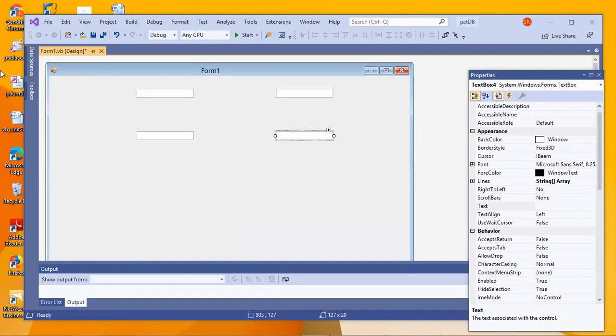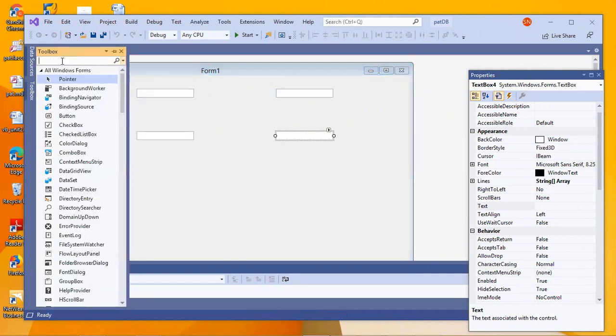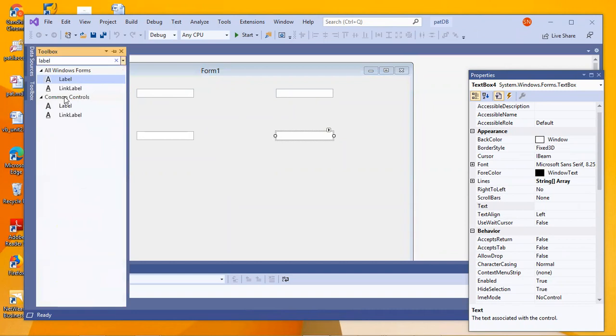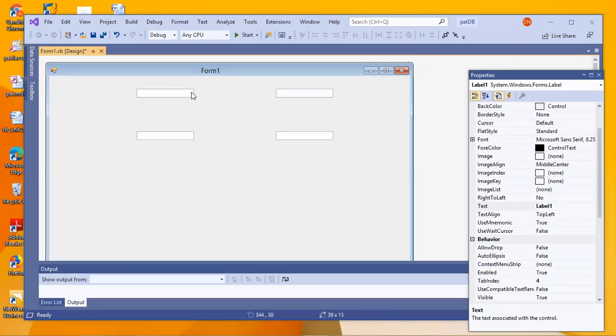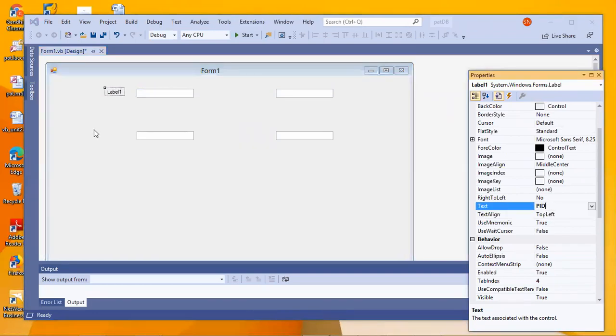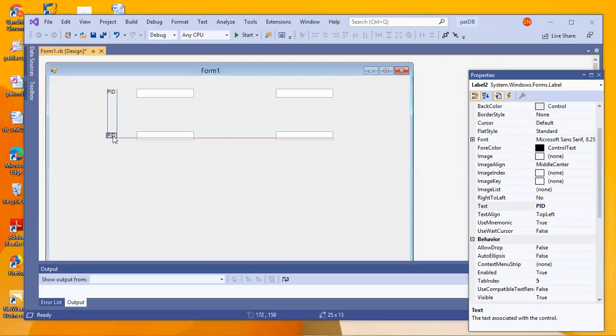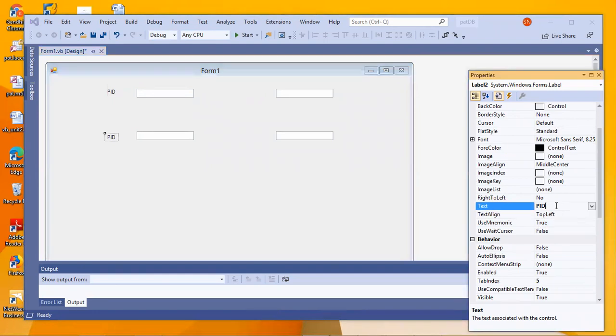Let's label these things. I'll take a label for labeling purposes. This will be PID, patient ID. This I'll give as P name, that is patient name.